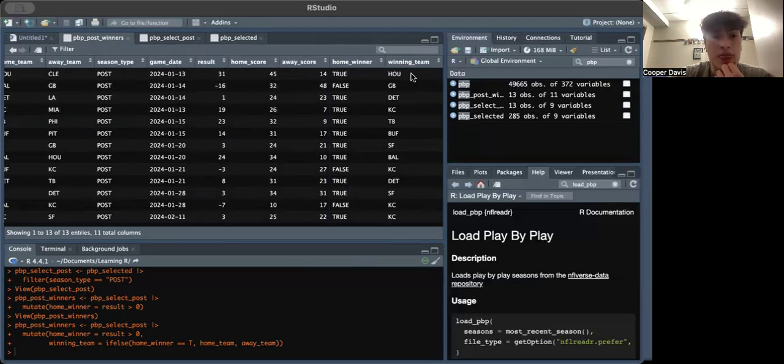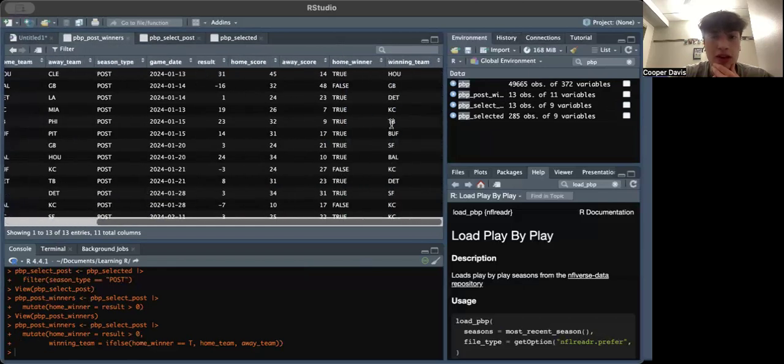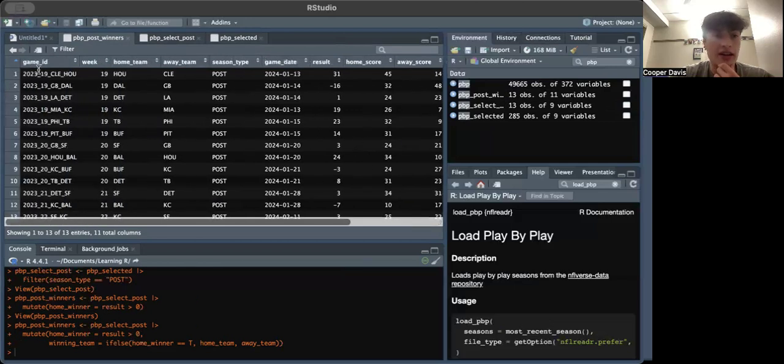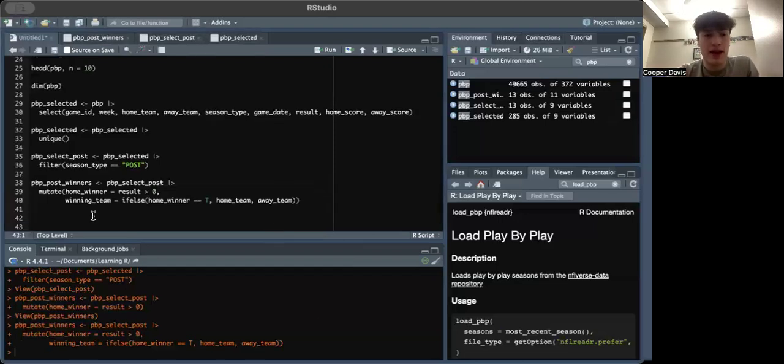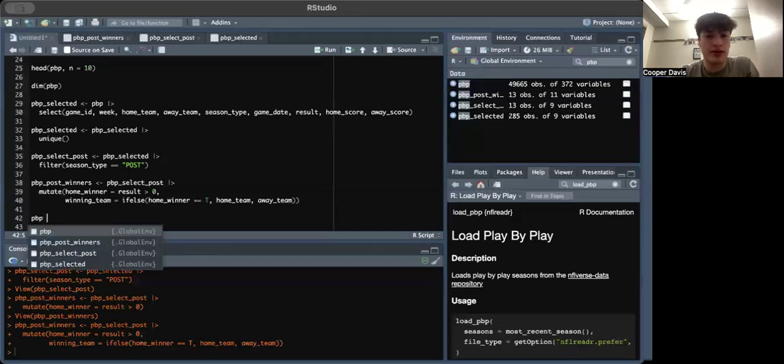So Houston beat Cleveland, Green Bay beat Dallas. We're just checking through this. Kansas City beat Buffalo. And yeah, it should look good. That's how you can always use your own knowledge to check. Now that we have this, we are going to use the functions we know to find which team won the